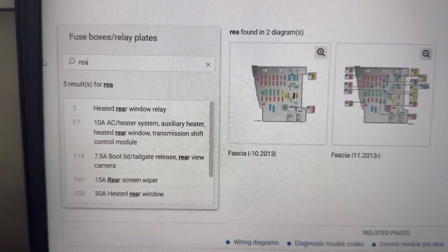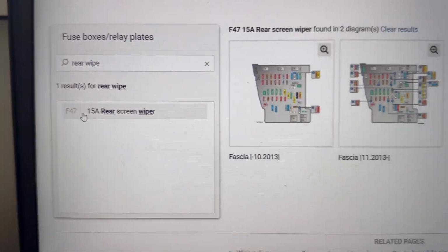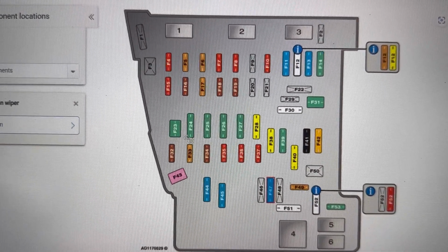In the search tab we're going to type rear screen wiper, and it will show us all the fuses for it. We can see there's only one fuse for it, and it's located in the fascia fuse box. And the fuse there is